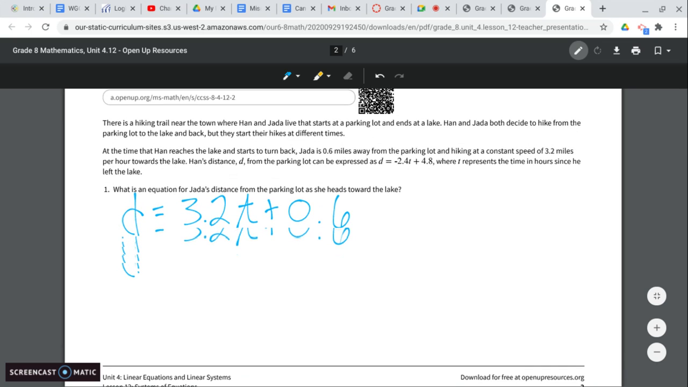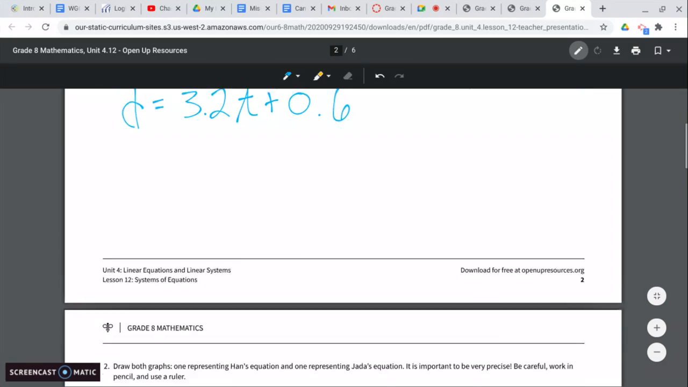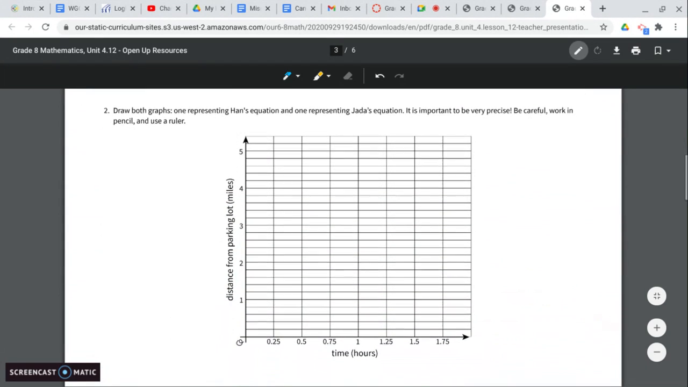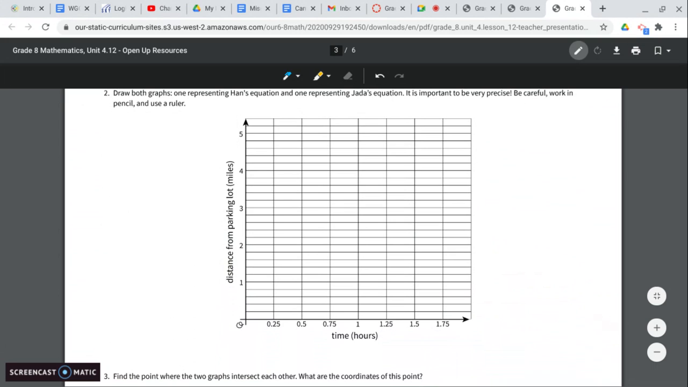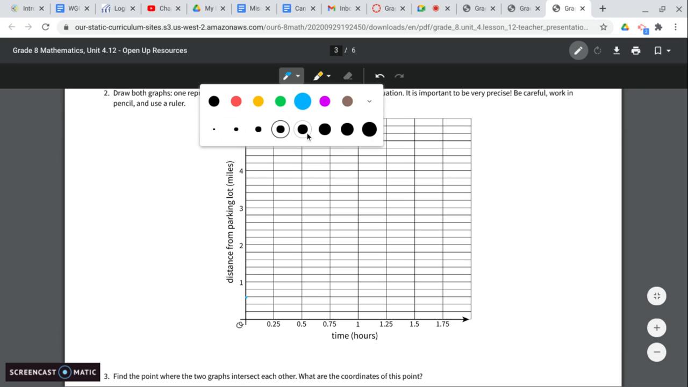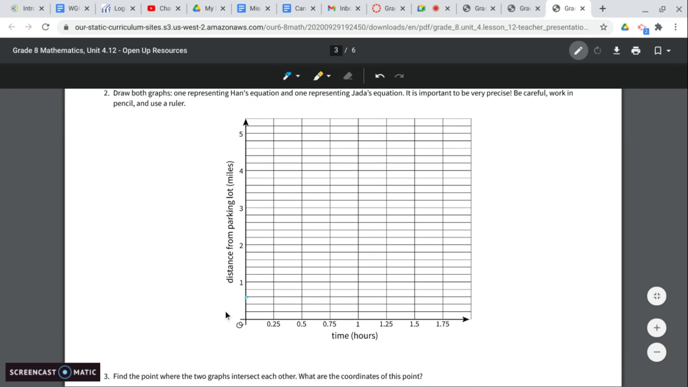Now we're going to draw both graphs, one representing Han's equation and the other representing Jada's. Our two equations, we know that Jada's is going to start at 0.6. Let me get this a little bigger. Okay, so there's Jada's starting point, and we know that she's going 3.2